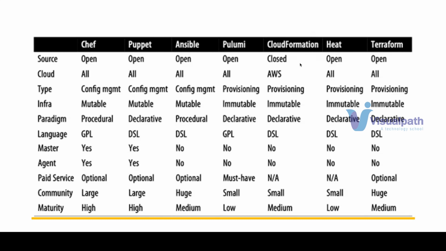The concepts and the way that we write automation scripts are going to be the same for all the clouds, but only the resources might differ with a different cloud. If you see Chef, Puppet, Ansible, these are all called configuration management tools. And infrastructure tools like Pulumi, CloudFormation, Heat, Terraform are all provisioning tools, which will help you to provision your infrastructure. The infrastructure is immutable when it comes to Terraform. And very importantly, it is mainly for huge infrastructure.